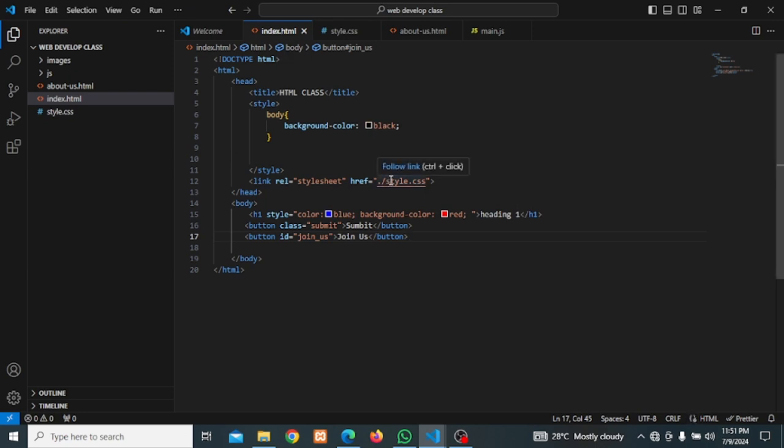So this is all we are going to be discussing today in relation to CSS. So this is what I've talked about, how we can apply CSS and what CSS actually is, the different methods